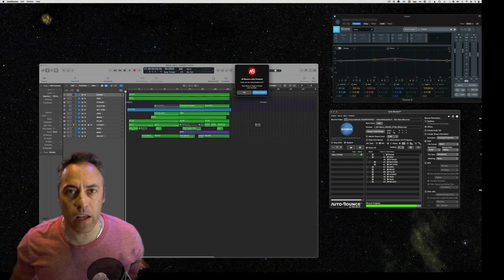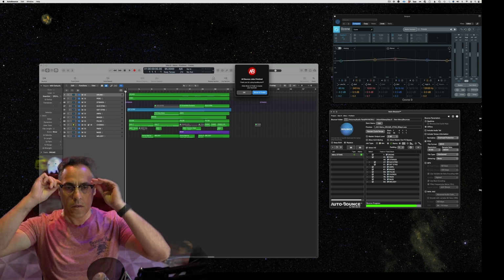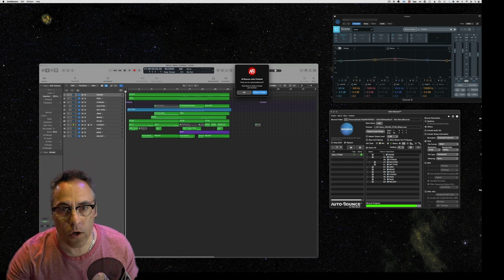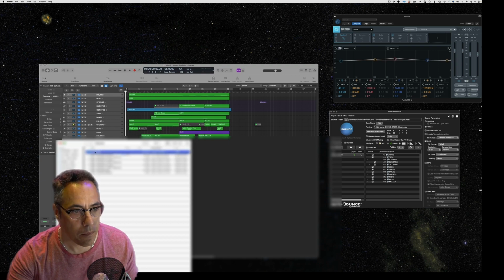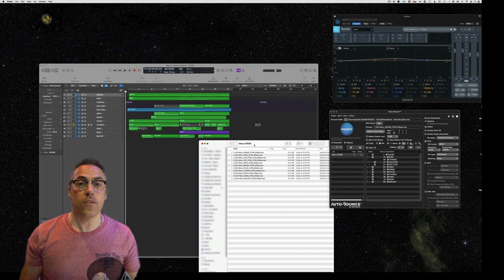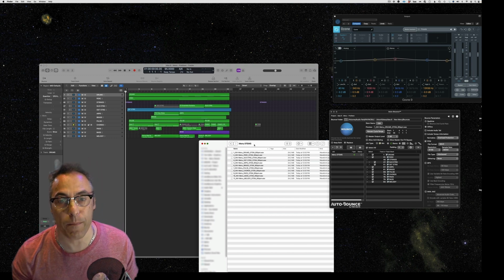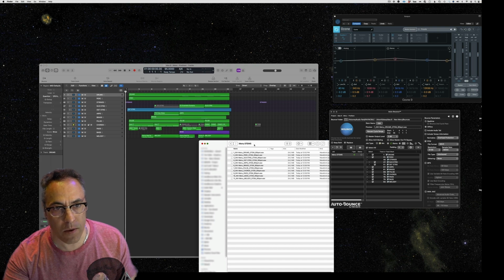Okay, back from lunch. Let's see what we got. Auto bounce is done. Show in the Finder. All right, cool. So now I'm just going to go to my stems here. And there they are. So before I send those off to the client, I always want to test them out, right? And so in order to do that, I'm just going to close this up